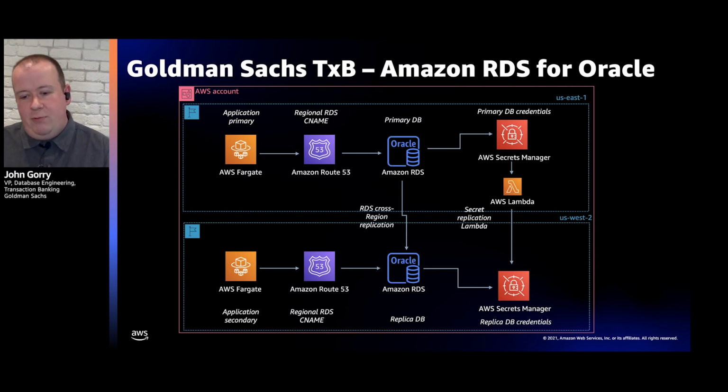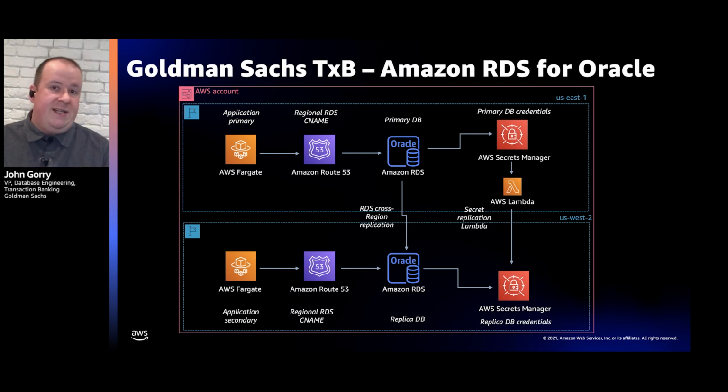And then on the right-hand side, we can see that we have Secrets Manager here as well to synchronize our database credentials. Now, when we initially started building this, replicated secrets were not a thing. Secrets Manager launched that feature earlier this year, and that's on our backlog to investigate and potentially slot in here instead of our own solution. But for now, we have a Lambda that coordinates syncing secrets between regions so that if I rotate a secret in the primary region, it'll automatically replicate to the secondary region.